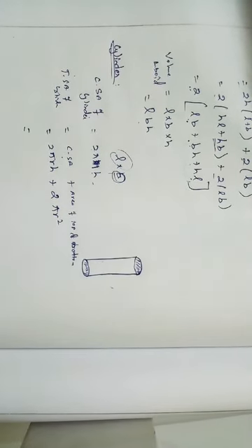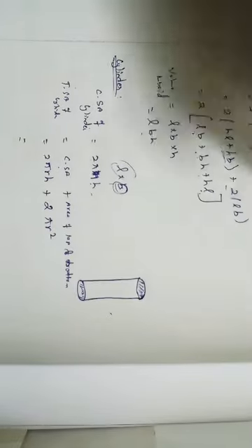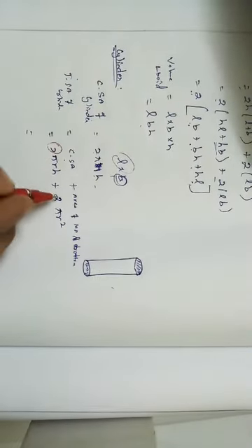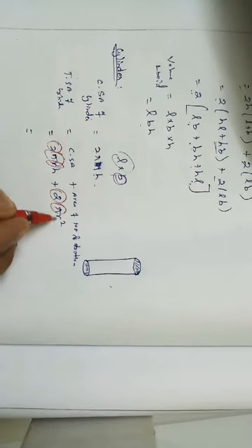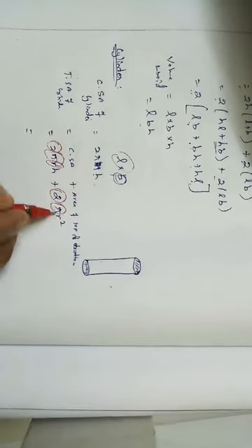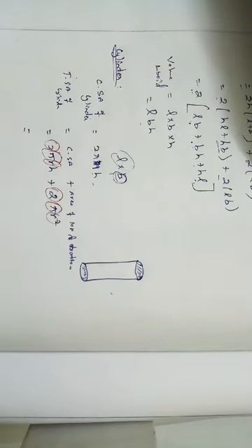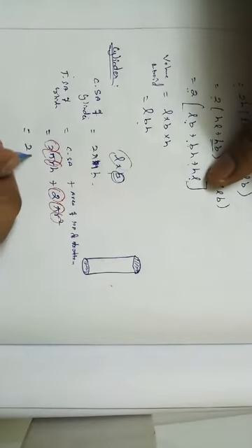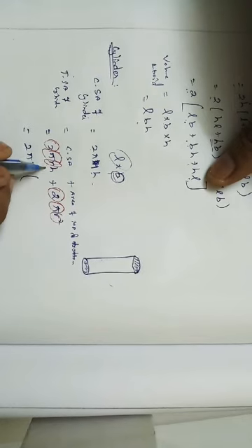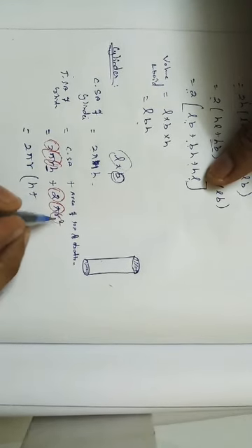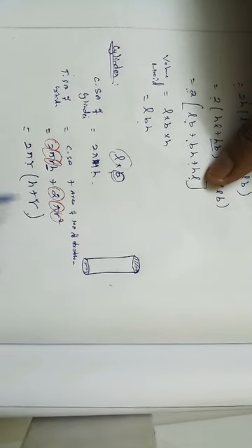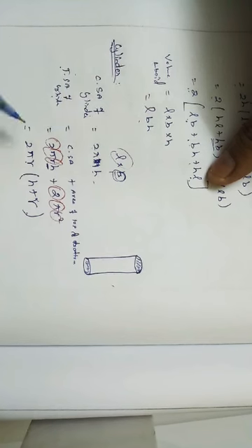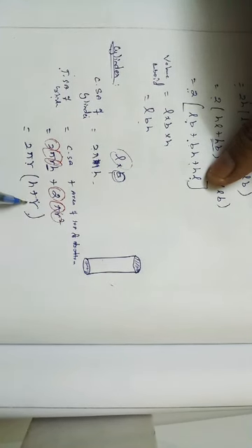I'm just simplifying this formula and writing it in a very easy format, right? How am I simplifying? Taking like terms. What like terms do we have? 2 is common, so taking it outside. Pi is common, taking it outside. R: one r, not 2 r, only one r is common for both terms. So I'm taking 2 pi r commonly outside. What is remaining in the first term? h alone. In the second term, 2 r is there and I have taken only 1 r, so the remaining is r: h plus r. So TSA of a cylinder is equal to 2 pi r into h plus r.